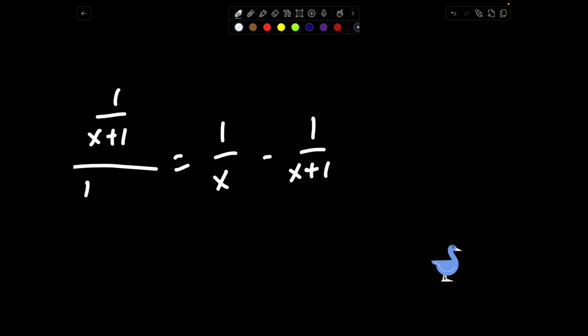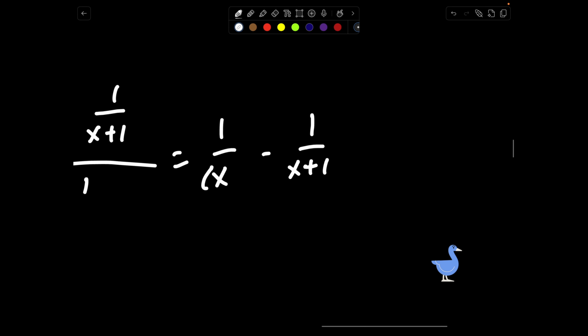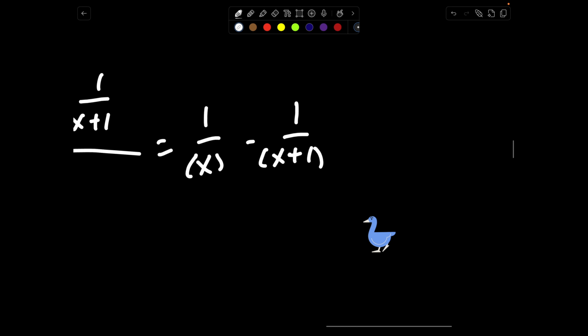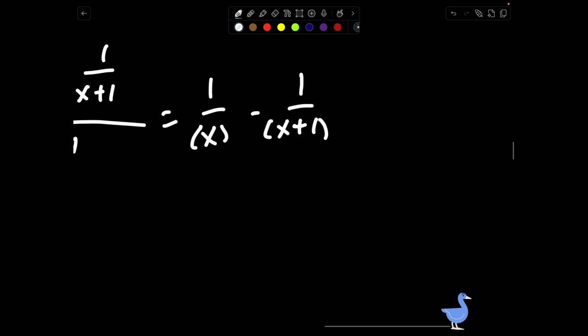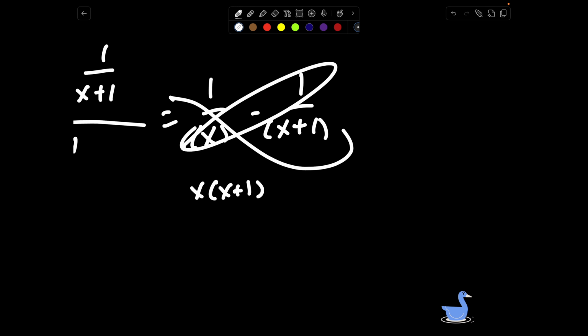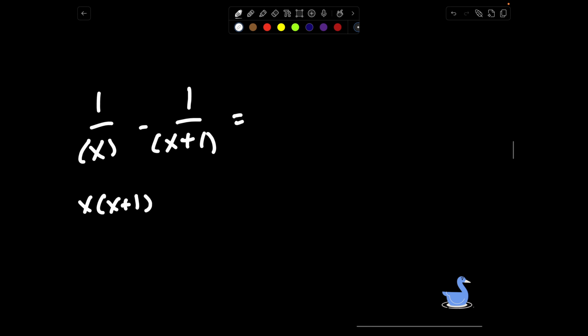So now adding or subtracting fractions. I need a common denominator. For the common denominator, we multiply both of these together, Mr. Duck, which then gives us x times x plus 1. That's our common denominator here. And if we really wanted to, we would just do the butterfly method here, giving us